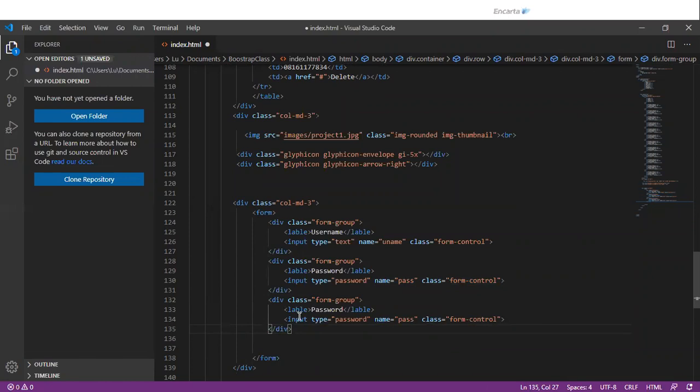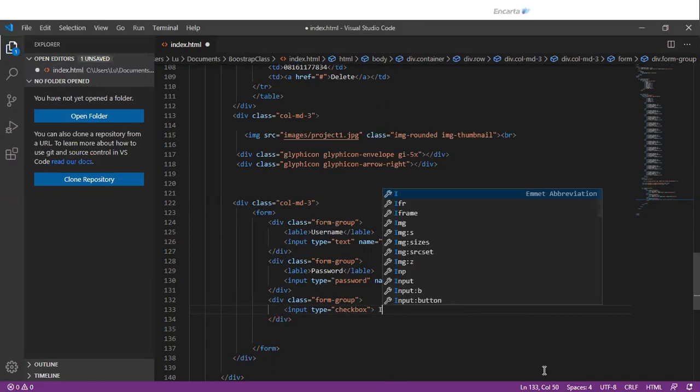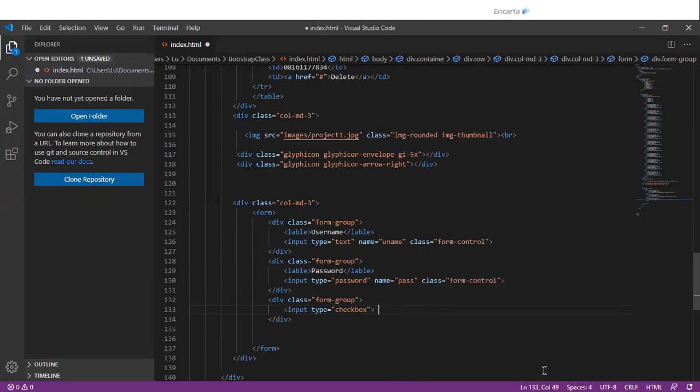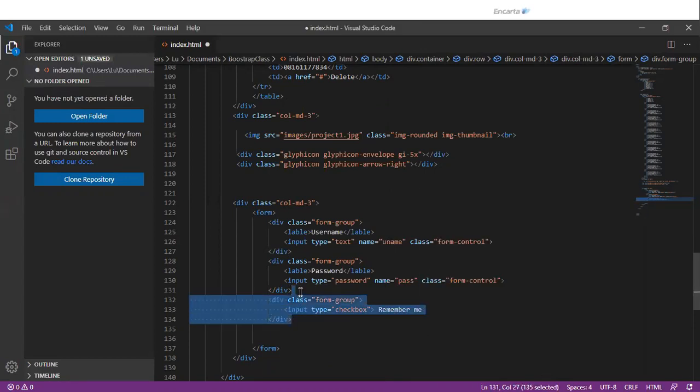which is the checklist, the check box, I can just say checkbox. This one does not need a label. It just needs input type checkbox. Let me just say, remember me. Then I'm done with that, and I create the next group